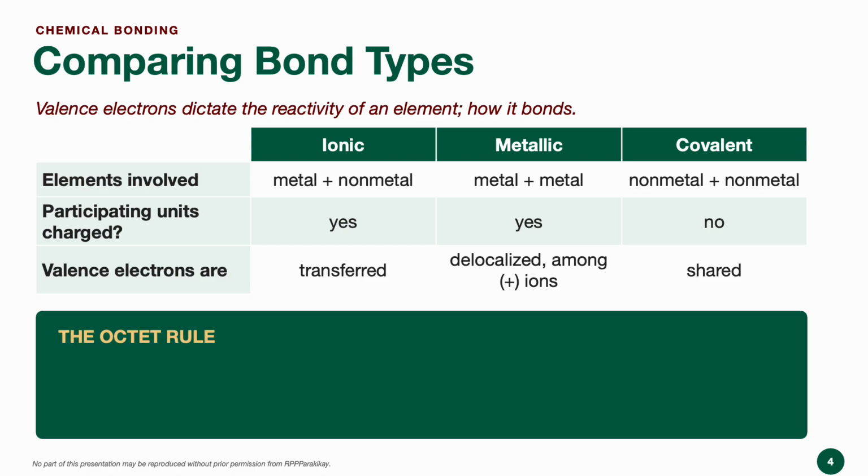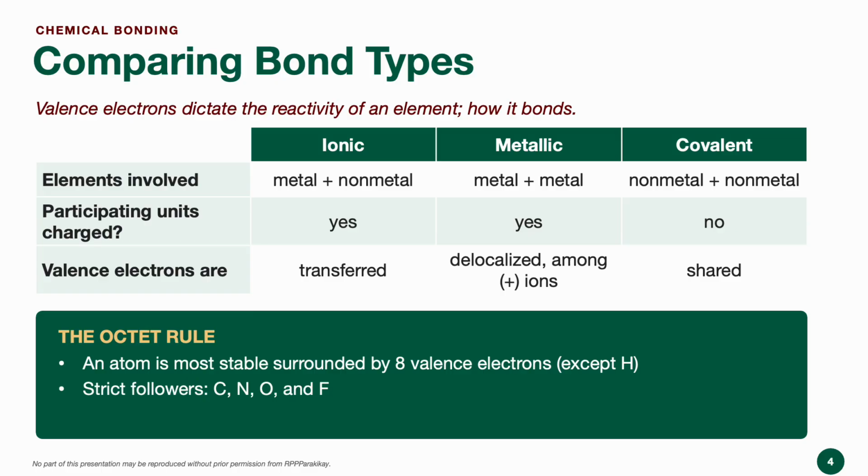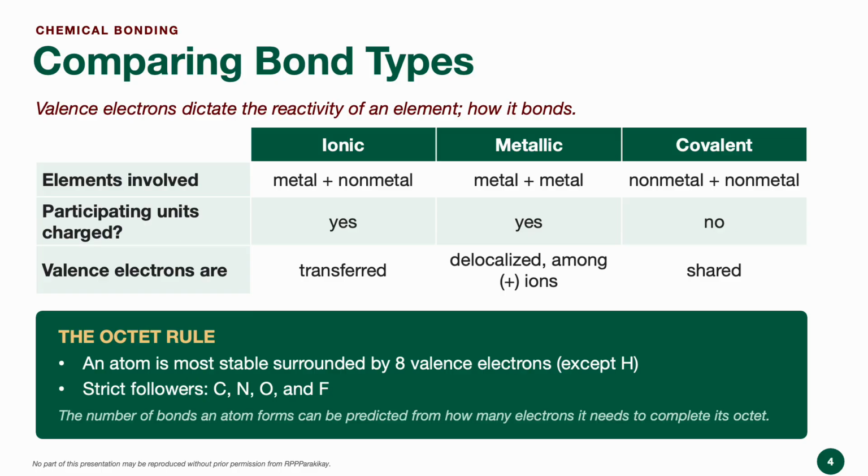And regardless of the type of bond, we have the same driving force, and that's the octet rule. It states that atoms are most stable with 8 valence electrons around them, except hydrogen. And note that carbon, nitrogen, oxygen, and fluorine are the strict followers of the octet rule. Also, the octet rule is predictive. So if you count how many electrons an atom needs to complete its octet,